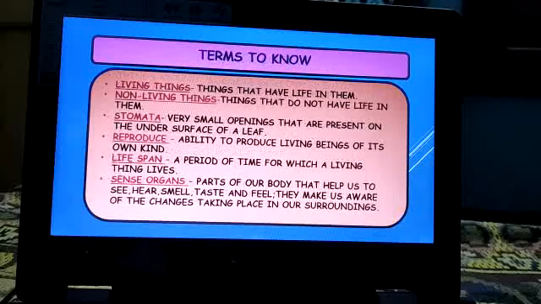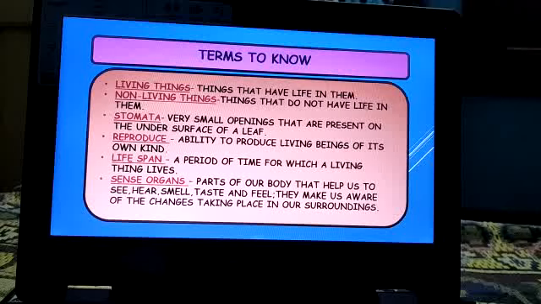Now, let's move to the next slide. Here, I would like to request everyone to pause your video for some time, as these terms are very important, students. I'll suggest each and every one of you to pause your video and make a note from here with the help of your guardians. Pause your video and write down these terms, the terms we have learned here.